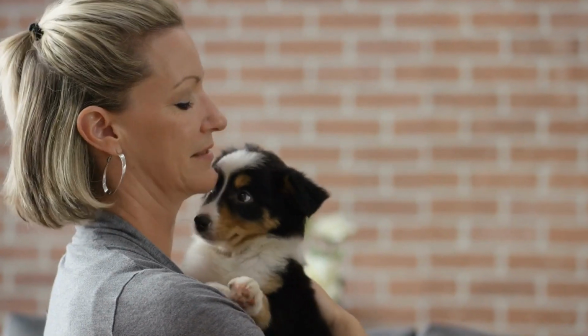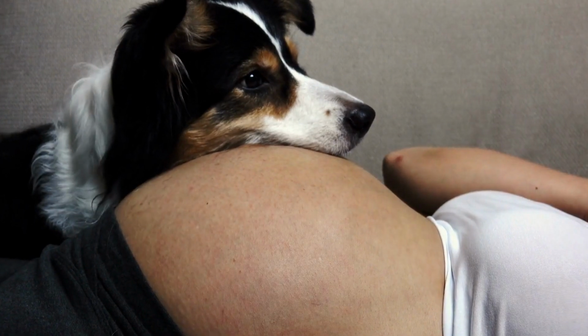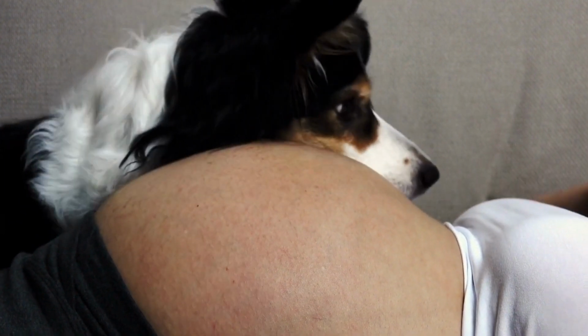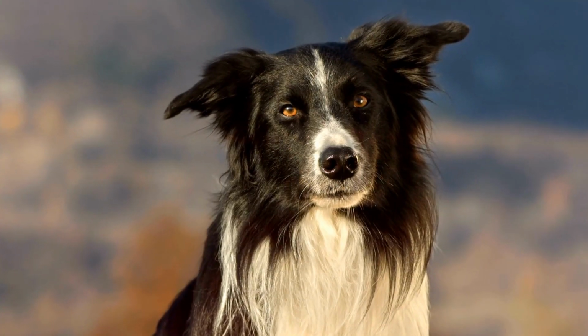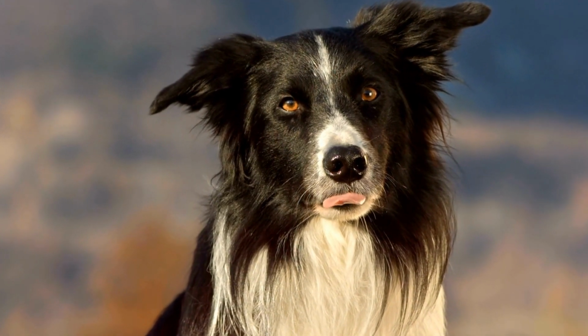Symptoms and diagnosis. The symptoms of hip dysplasia can vary from mild to severe. Dogs with hip dysplasia may show signs of lameness, difficulty in getting up or lying down, reluctance to climb stairs or jump, and decreased activity levels. However, these symptoms can also be present in other conditions, so it is essential to consult a veterinarian for an